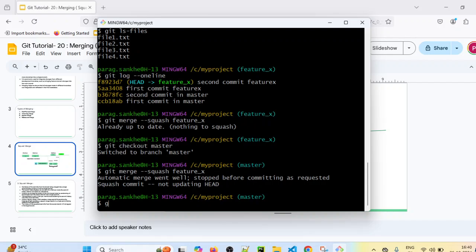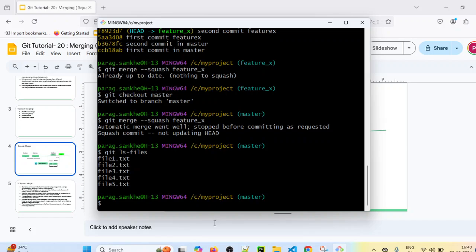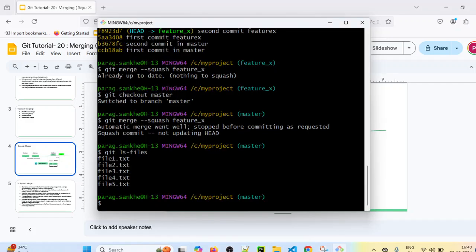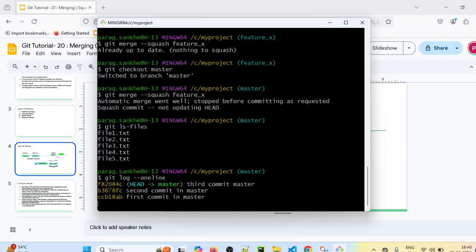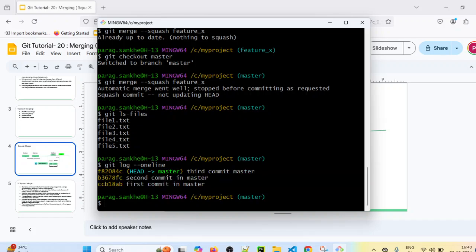So now if you see git ls-files for master branch, it will show you all the files 1, 2, 3, 4 and 5. All the 5 files are currently visible in master branch. And also if you see the commit git log --oneline, it will show you currently only 3 commits so far, because we still have to perform the actual commit for those combined commits.